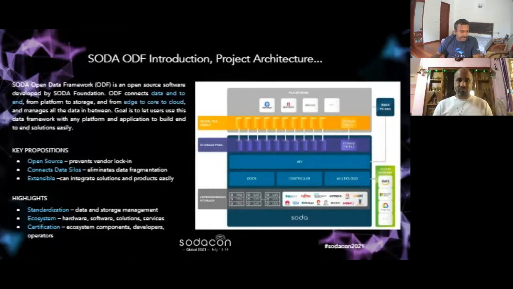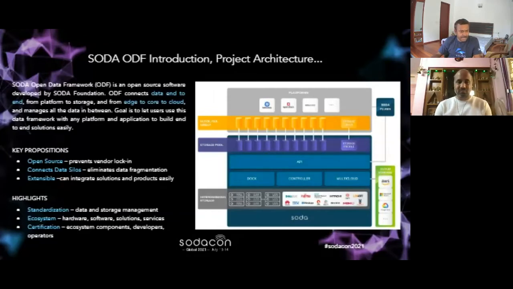Then it is extensible, because we do not want to create something monolithic. We want to use ecosystem projects and solutions available, which can be seamlessly connected to ODF. That is the way we can build bigger solutions. You will see a glimpse of that in the subsequent slides.